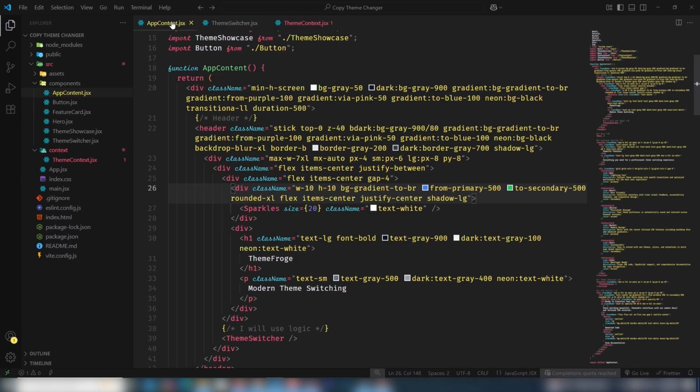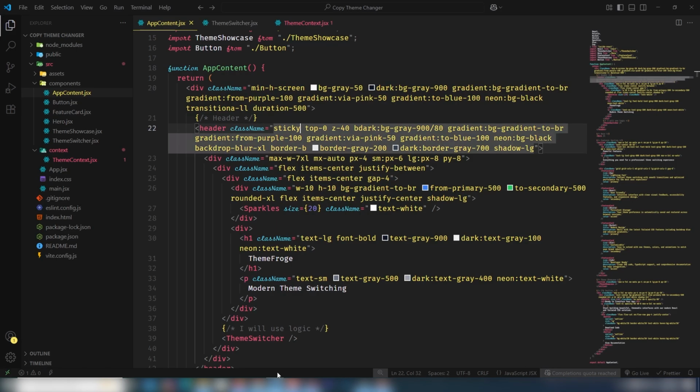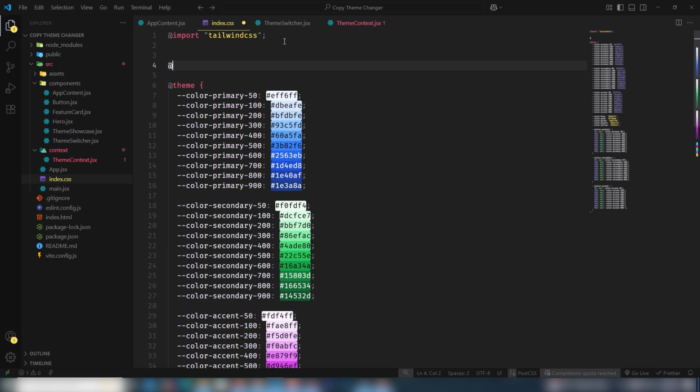So let's move to the app.jsx and let me check the class which is used inside the header. Okay, here's the first problem, it's sticky. Let me change it. Yeah, I'm getting different types of classes when you change that. But the last thing is when I click on any mode, I need to change the colors on my complete application. So you need to fix it by adding the classes inside Tailwind CSS in the index.css file. So let me share with you how you can use